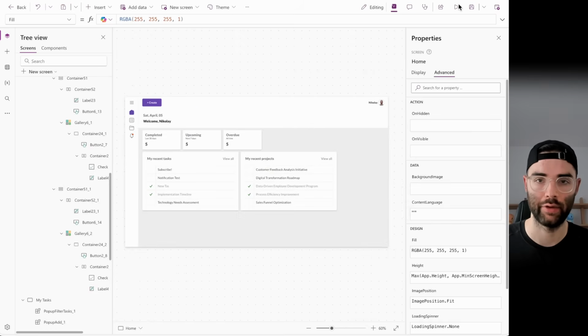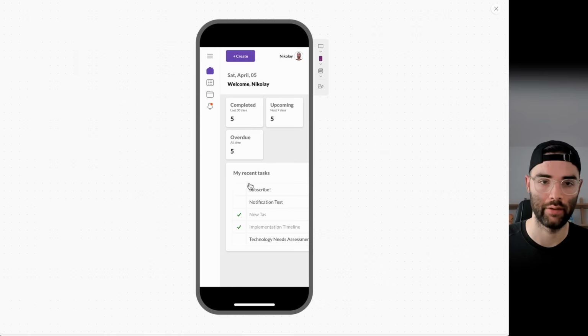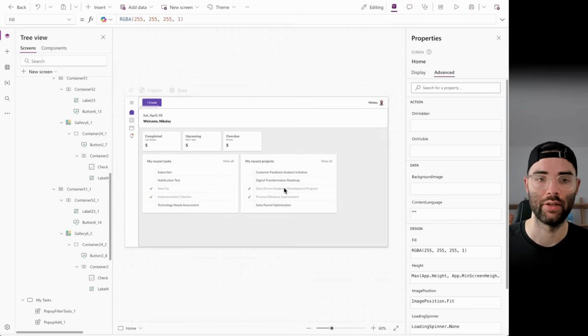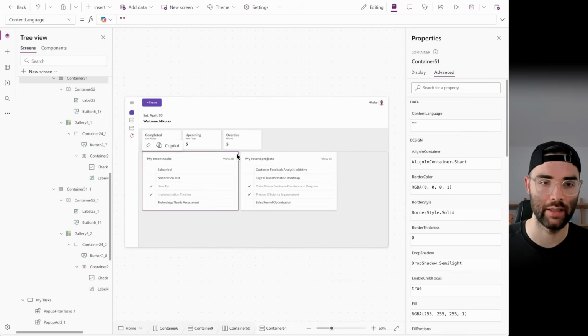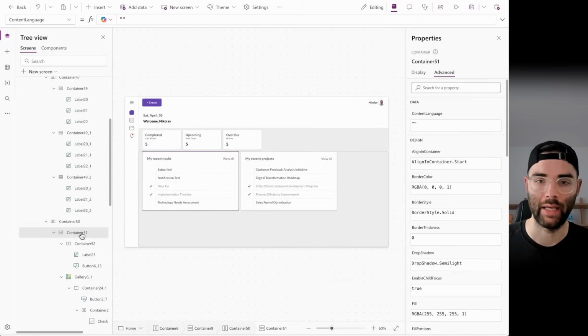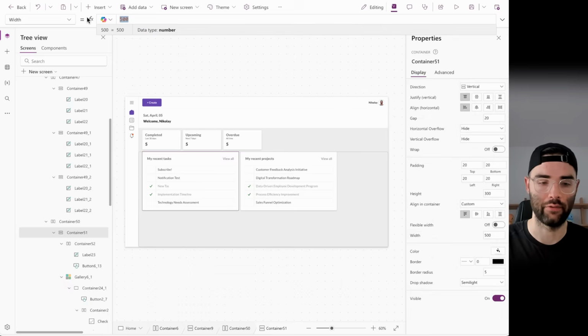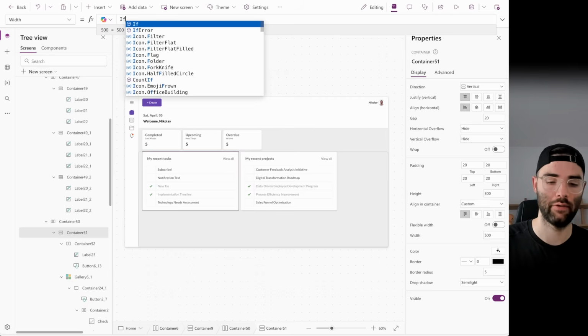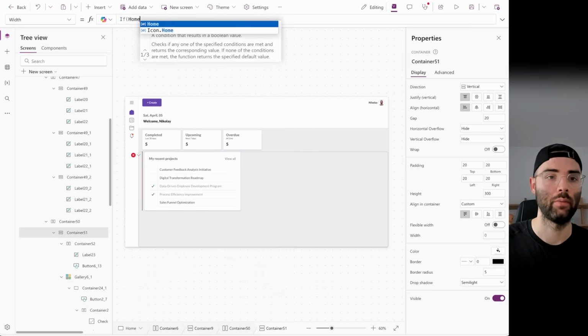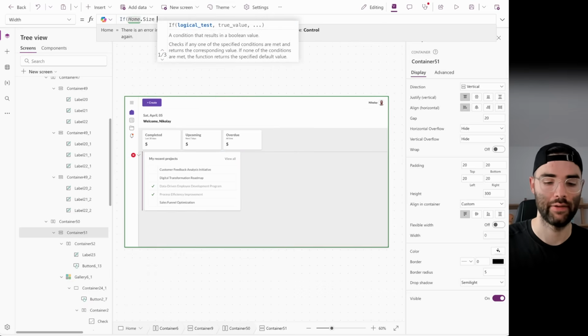Okay, so now if we click preview here, of course, these up here are dynamic, but this is not, because we haven't actually set any of those settings. So what we can do is set the initial setting on the first container here, and we're going to change its width property to a special formula. We're going to do: if home, which is our screen, dot size is greater than